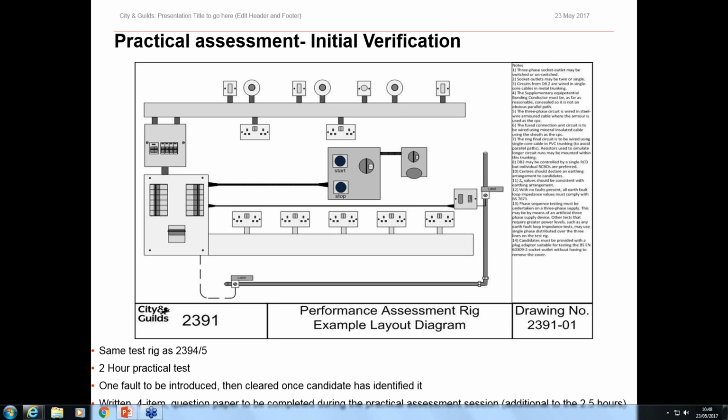Also, as part of this practical test, we've introduced a short answer 4-item question paper, and this is to be done additional to the overall 2.5 hours for the assessment. And what we require here is a very short 4 items, but 15 marks per item, and kind of think of it as a logistics tool, because while you have candidates who may be waiting to get onto assessment boards, they can sit and do a bit of that question paper and then go on and do their testing, and then perhaps do a bit more of that question paper later. So it's not to be done under examination conditions,